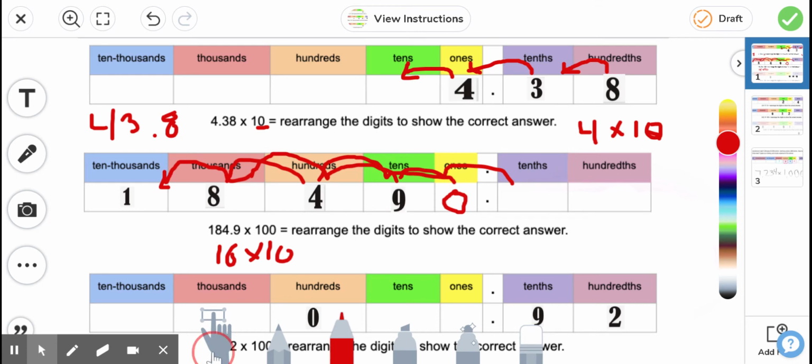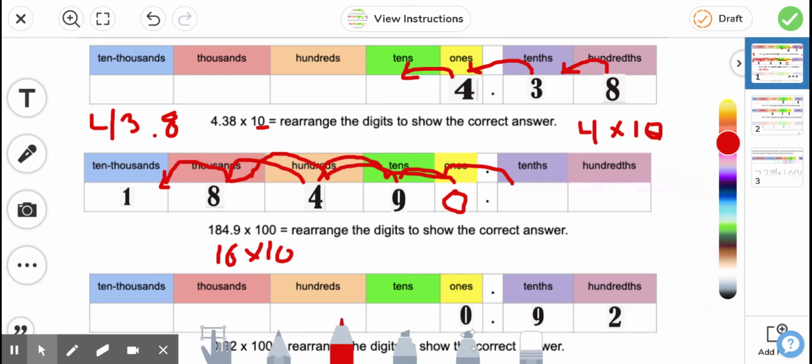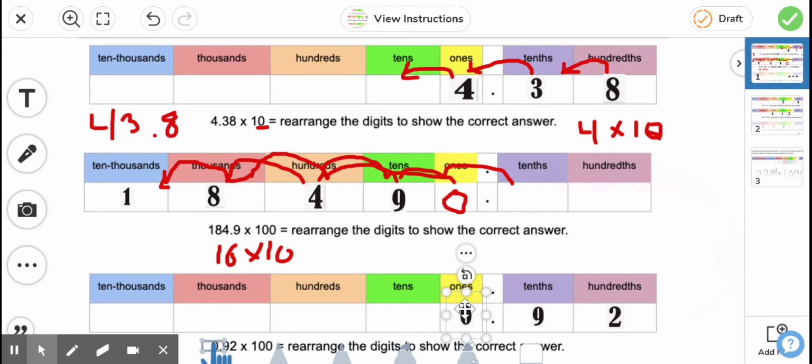So then when we come down to this bottom one, which is 92 hundredths times 100, which again is the same as 10 times 10, or we could just count that 100 has 2 zeros, 1, 2. So I'm going to move all of these 2 place values. 1, 2. Now that I've done that, I have my new value, except I don't need this 0